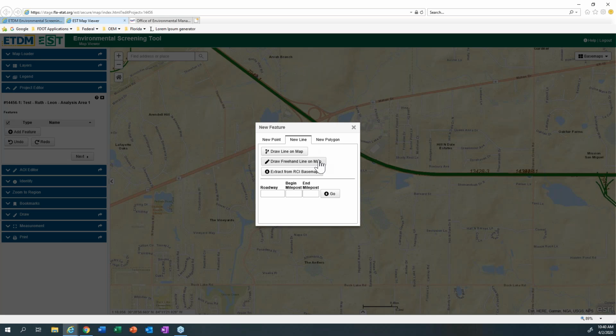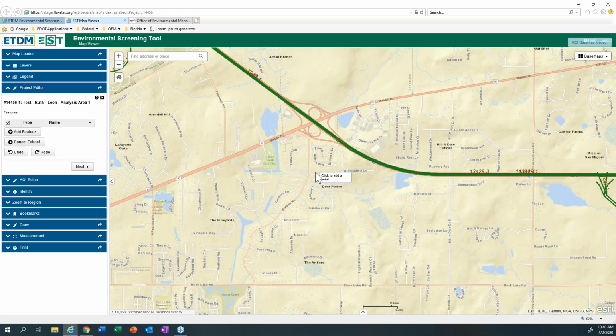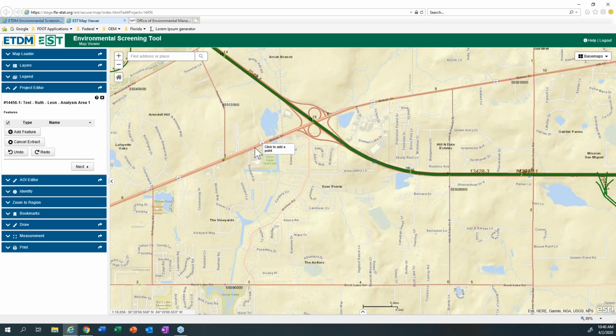We can either draw one or we can extract it from our roadway characteristics inventory base map, which is our DOT system of projects. I'm going to do that one first because it's fairly straightforward and commonly used. When I click that, you might have noticed the base map changed a little bit. It's added a layer here that is our RCI database. And I can click a point where I want the start of my project to be and click another point,